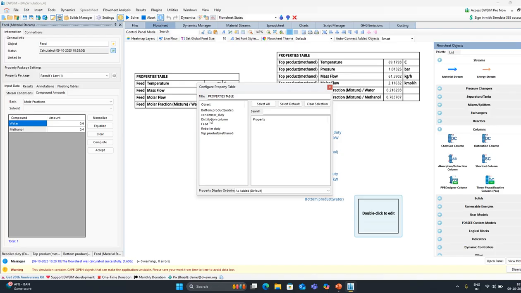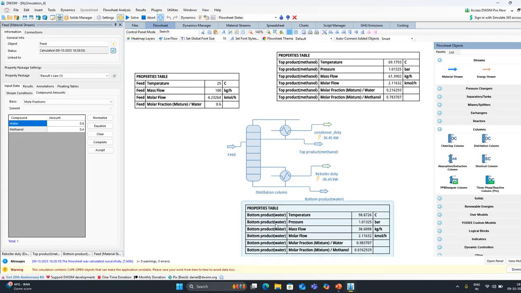Similarly, the bottom product: temperature, pressure, mass flow, molar flow, these three things I want. And then the same thing I will want here, the molar fraction of water and the molar fraction of mixture methanol. You see, now you can literally see it is enriched in water, but what is happening is I am not getting the same amount of